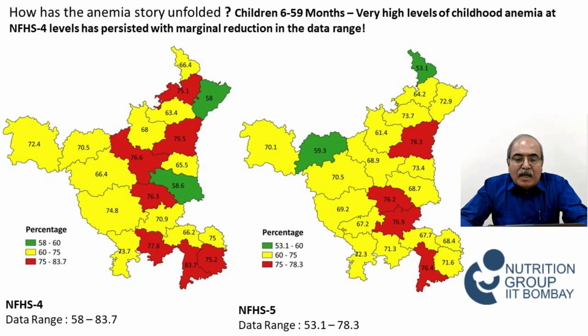When we come to anemia, we have commented on this issue of anemia levels being in NFHS 4, the anemia levels showing an implausible picture. But in the case of Haryana, in NFHS 4 stage itself, the anemia levels were pretty high. But even then, if we look at the levels in NFHS 4 and NFHS 5, the range has slightly narrowed down in NFHS 5, but the figures of anemia don't inspire much confidence.